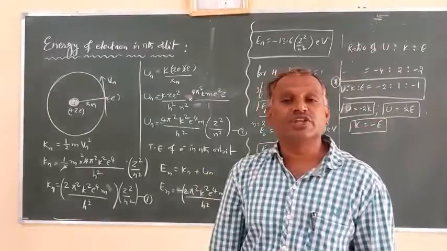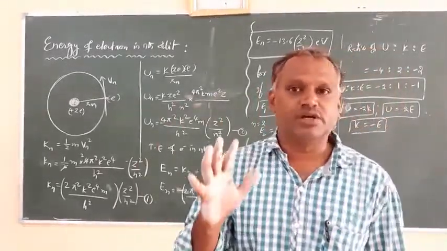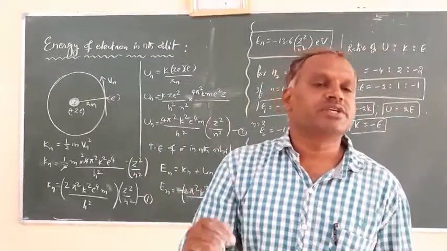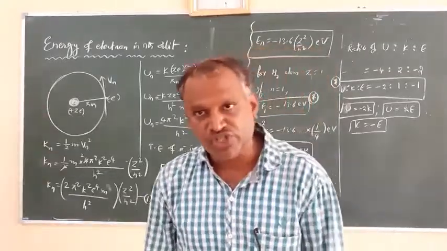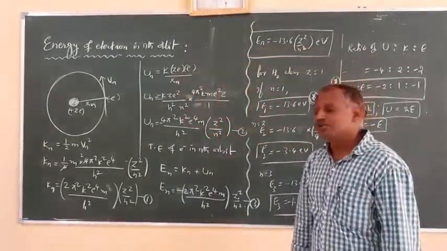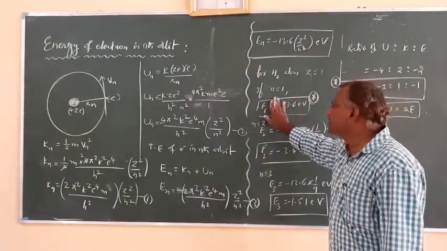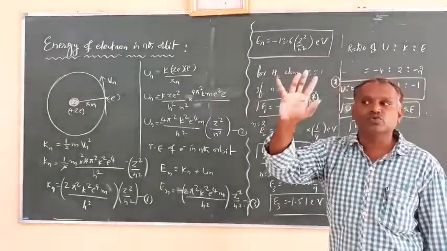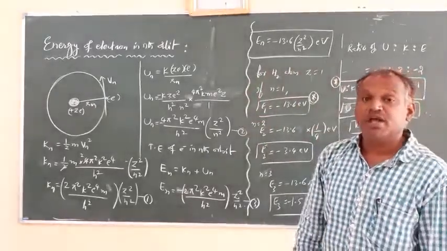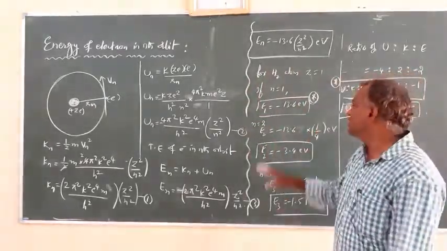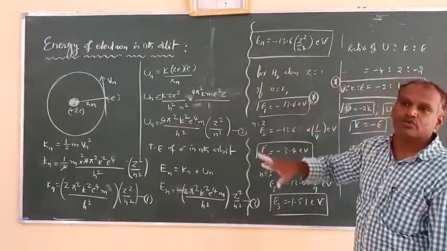What is the definition for that? It is the amount of energy required to remove an electron from a given atom from its ground state. For hydrogen, if you give 13.6 electron volts of energy, then that electron can be removed from the ground state. So the ionization energy of hydrogen atom is given by 13.6 electron volts, not minus. Don't put minus. The ionization energies are positive. Here the minus already said that the electron is bound towards the nucleus, but ionization energy is always positive. So you can write here the ionization energy of hydrogen is 13.6 electron volts, not minus.